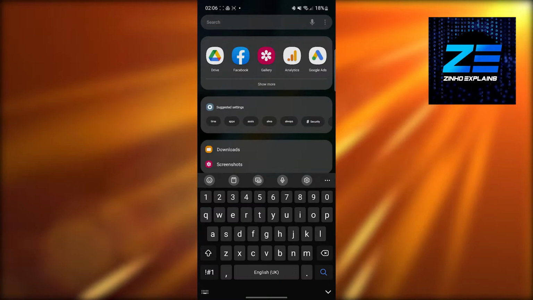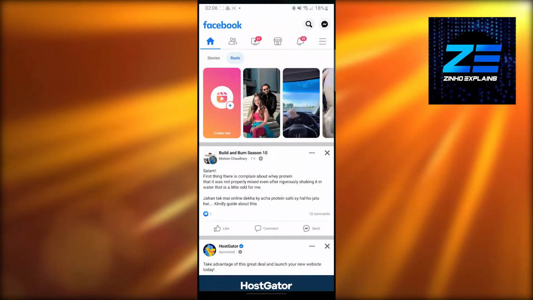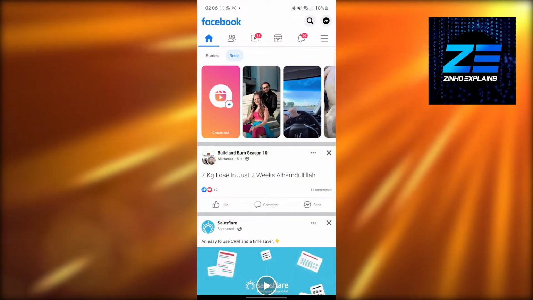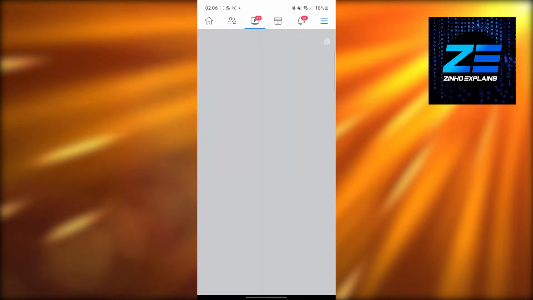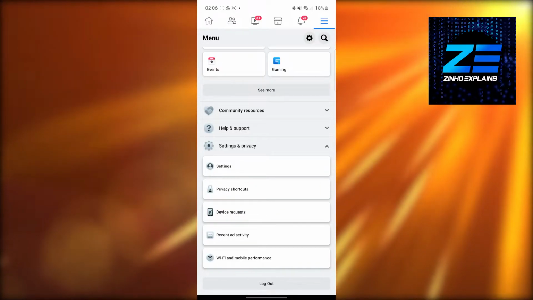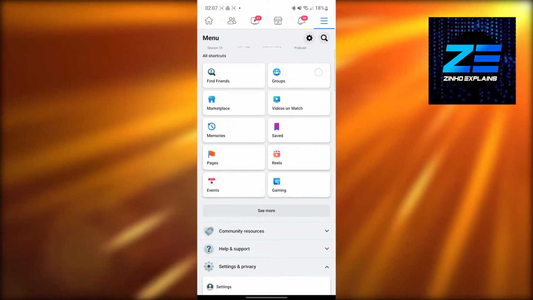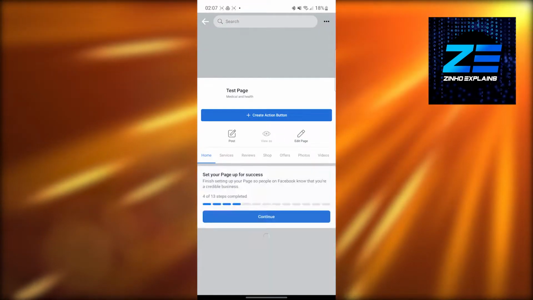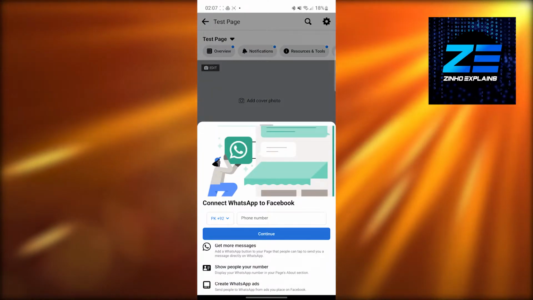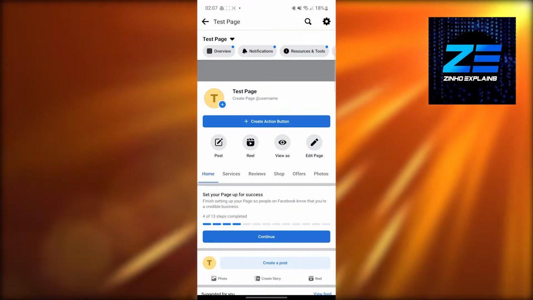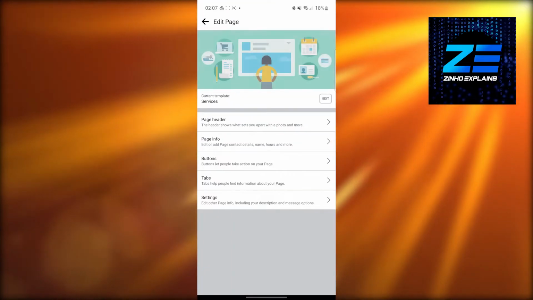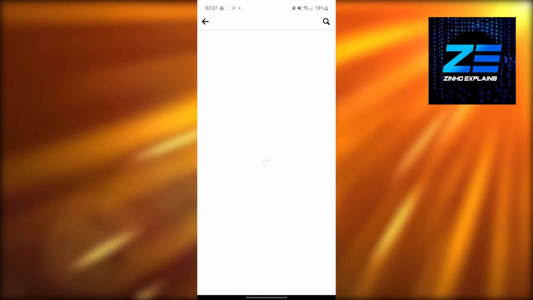So simply open up the Facebook app or facebook.com on your computer, and then once you have it opened up, now simply click on the top right where you see these three lines. It's going to be the same thing on computer as well. After that, you are going to see all the pages that you have linked. So click on the page that you want to add admins in, and once that page loads up, now from over here you can just simply click on edit page, and then after that simply click on settings, and then